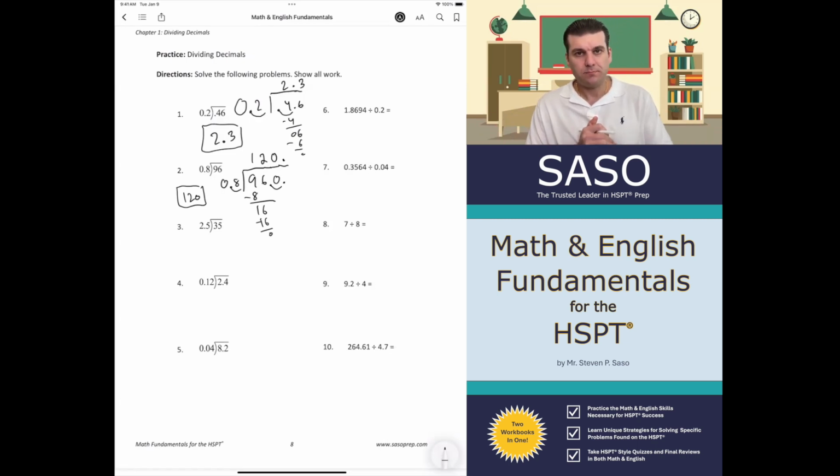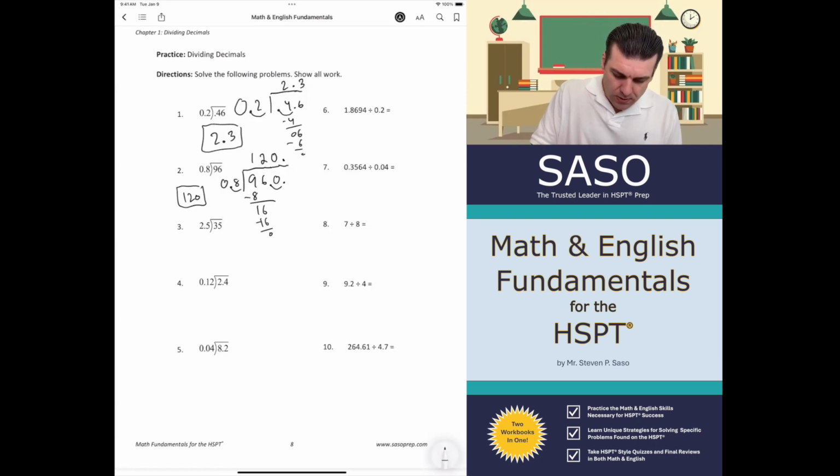Okay, let's do number 3. All right, this is going to be hard work. Hard work pays off, so let's keep going here. 2.5, or 35 divided by 2.5. Okay, so 35. Maybe I'll just try to do this one right on the page, right on the problem. So we move it over one place, show that with your pencil, and same thing here. So 35, the decimal place is understood after the 5. Let's move that over one place, add a 0 as a placeholder, put that decimal up in the line,